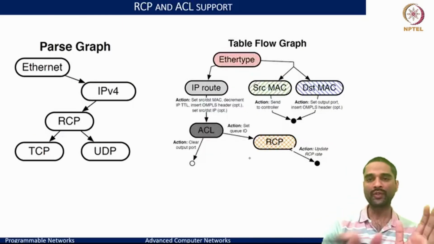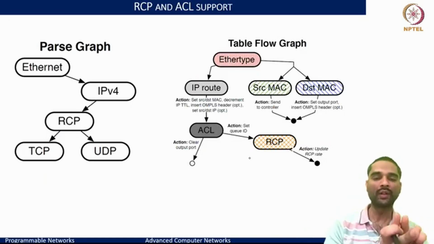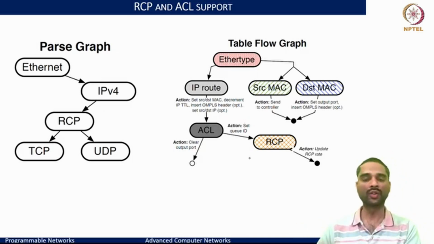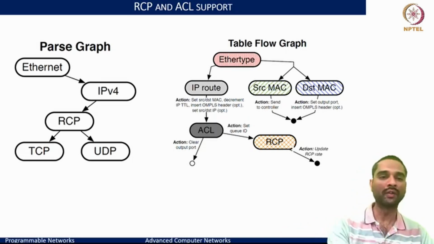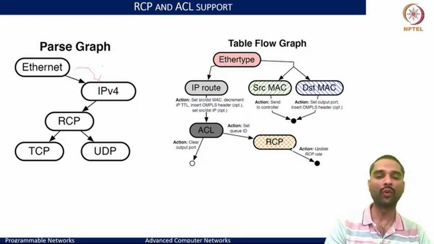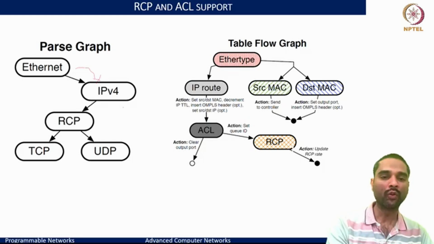And this parse graph and table graph have to be state machines that need to ensure that for each packet you are embedding this metadata to know what each stage is trying to do. And likewise, if we consider a simple parse graph which says we start at layer 2 with Ethernet and next up at layer 3 you match on the IPv4, and the layer 4 typically is either a TCP or UDP, but we want to match on a custom header